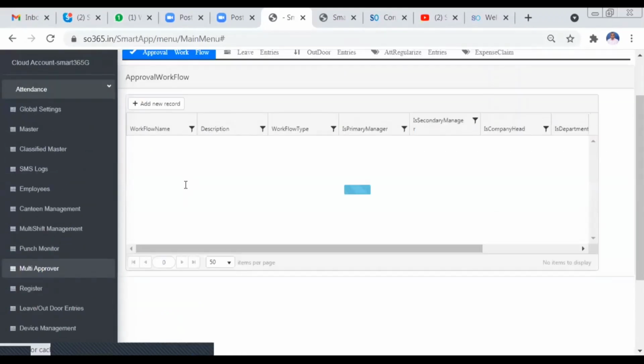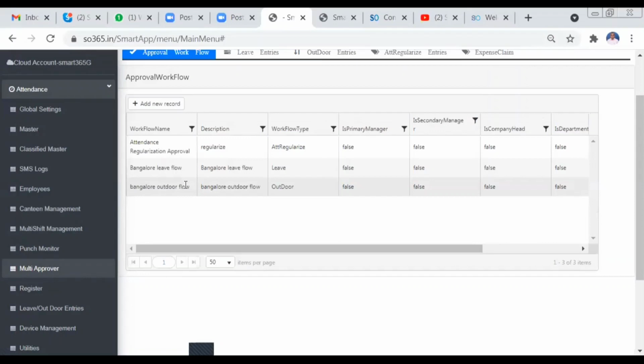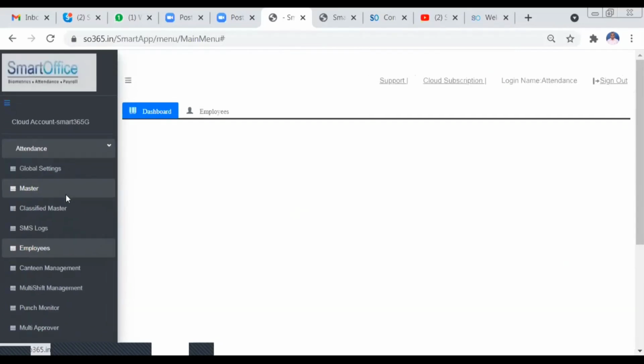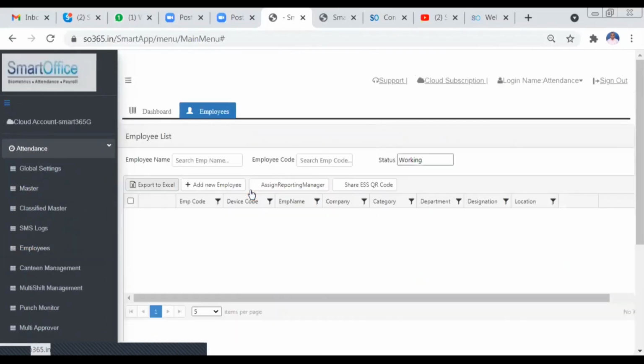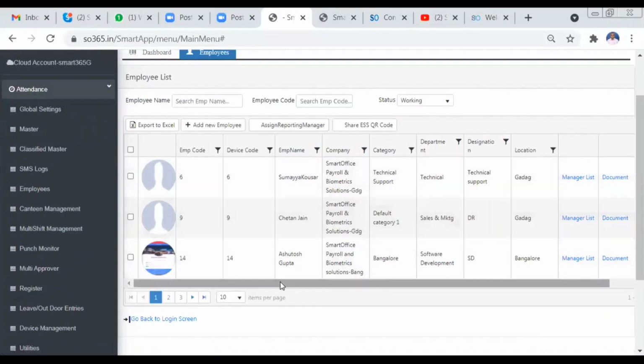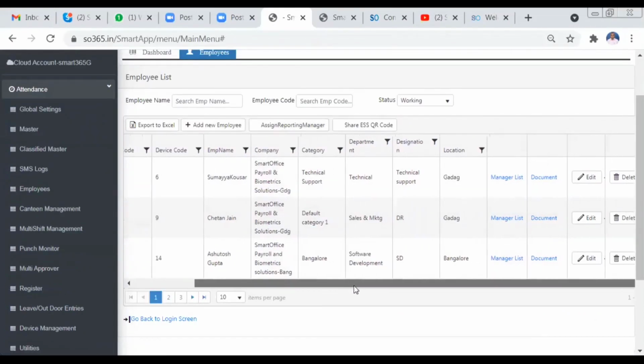Everything we have explained in the last webinar. If you have not attended that webinar, we are going to upload that webinar session on our YouTube channel. Once it is published, please go through the multi-level approvals. So in the employees, this is how you can assign the reporting managers.